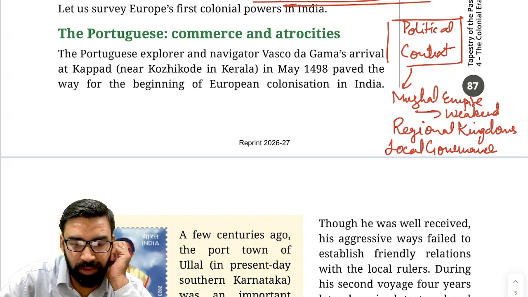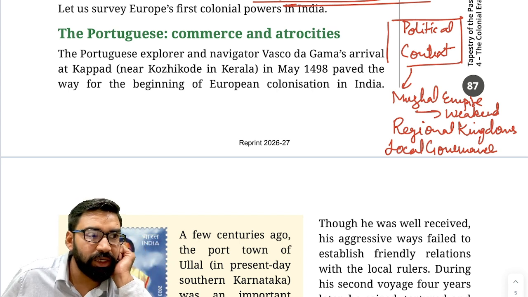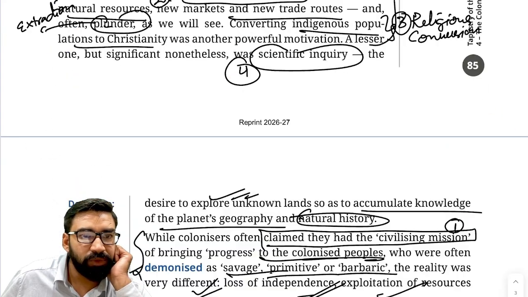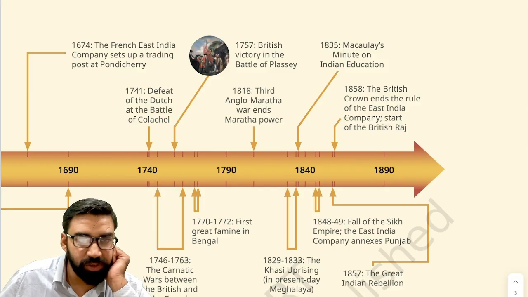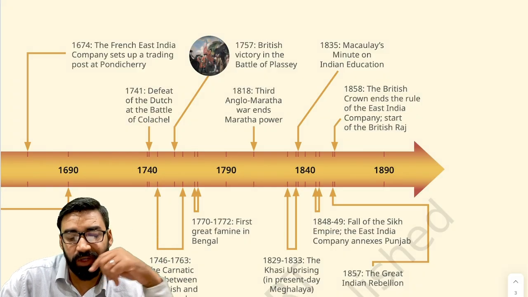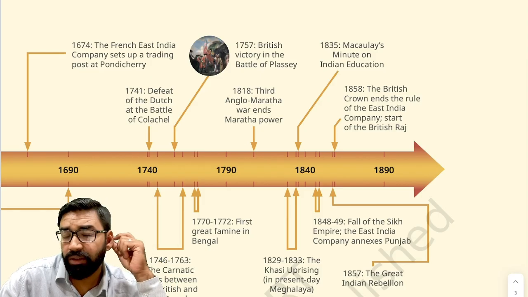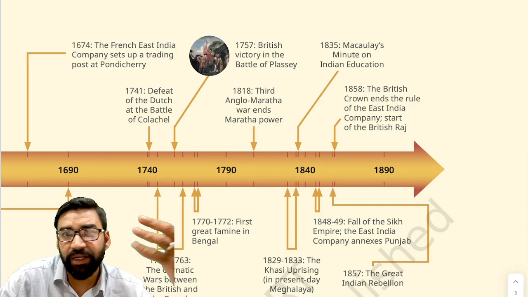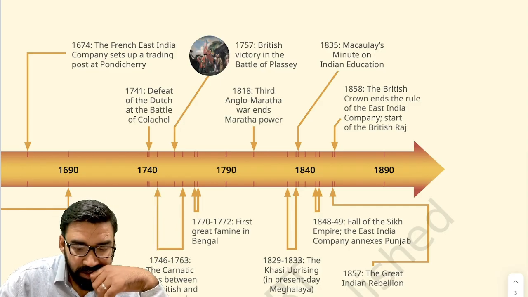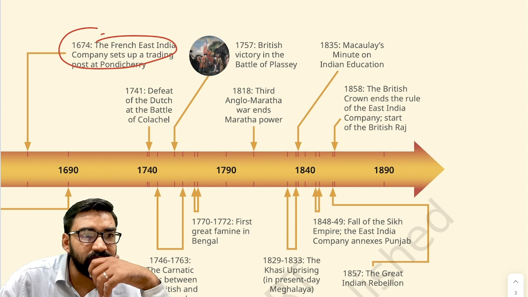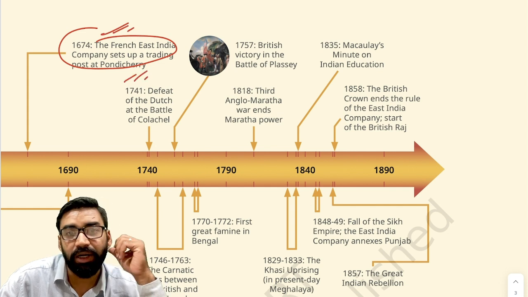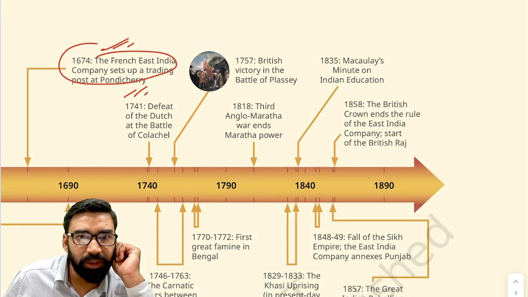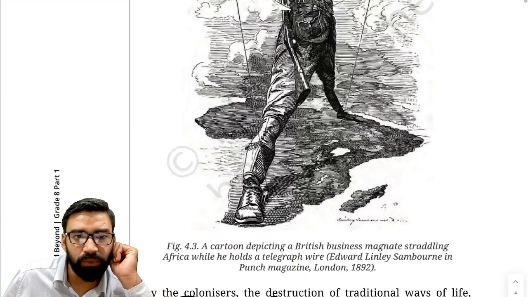Now we'll talk about the European colonization in India. So there is one chart that I would like to show here, related to European colonization. As you can see, in 1498 we have discussed Vasco da Gama came. 1510, Portuguese captured Goa. 1560, the Portuguese created their establishment in Goa. Then, in 1674, the French East India Company set up their trading company in Pondicherry. So various events are mentioned in this. All these events we are going to discuss now.